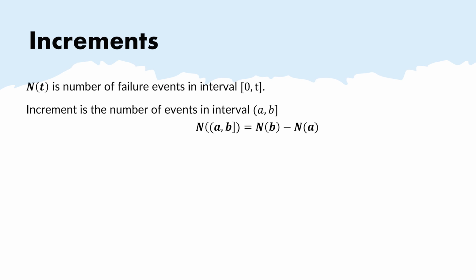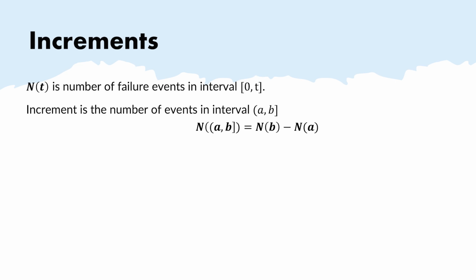And we end this section with the notion of increment. It's a very useful notion, as we will see, because it allows us to characterize the repairable system behavior and to select the best suitable option to model it, to select the precise point process that will be more suitable for the system. And an increment is nothing more than the number of events in a given interval from A